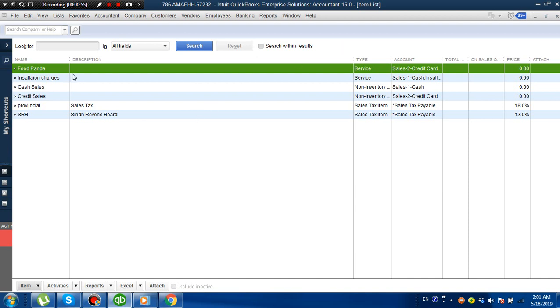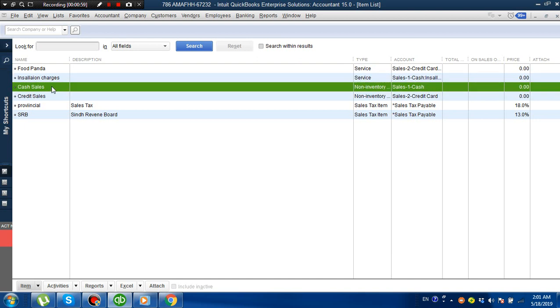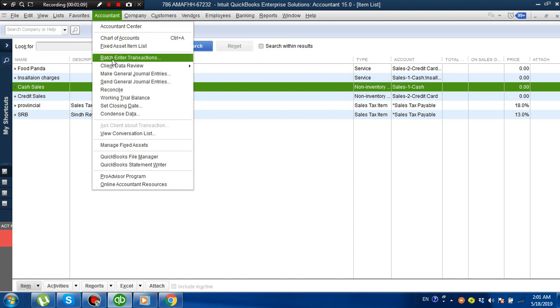Without this item we cannot lead our revenue to the concerned revenue account. Let us see an example. If we go to create invoice,